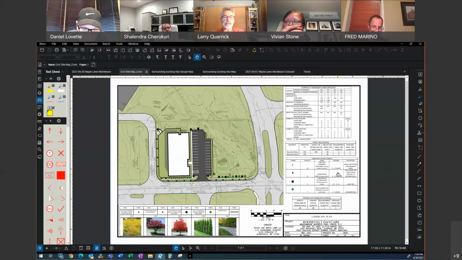You've got a ramp going down to the road, but there's no crosswalk. So they just kind of dead end, don't go anywhere. I would definitely like to see a crosswalk, at least in front of the entrance of the parking lot.